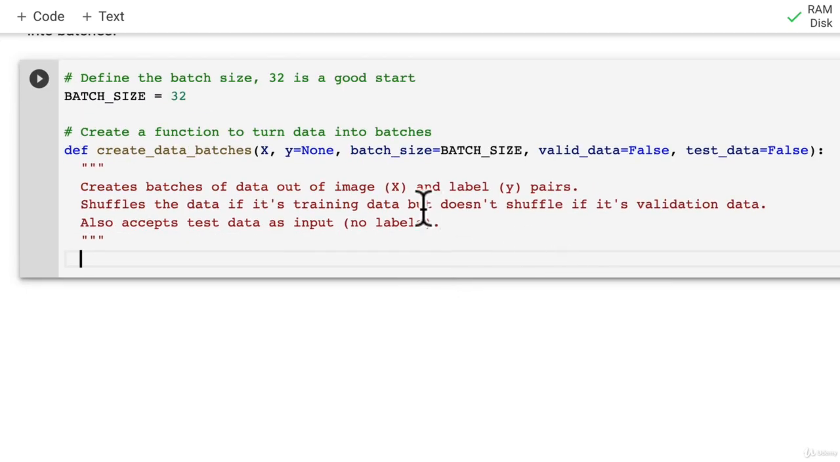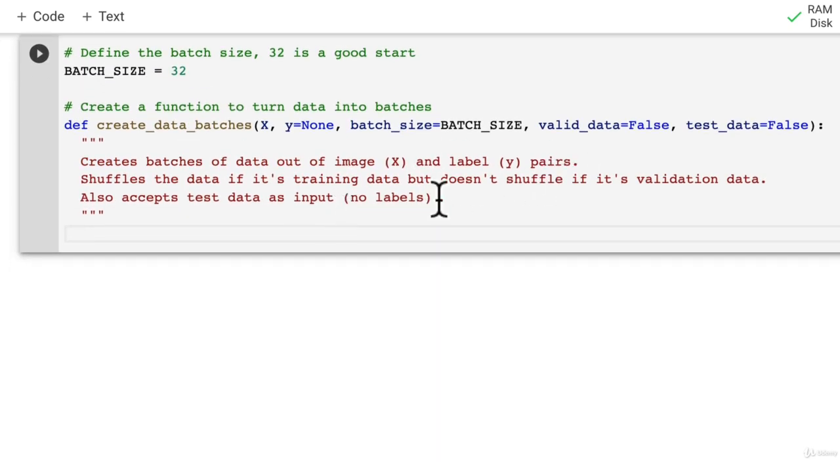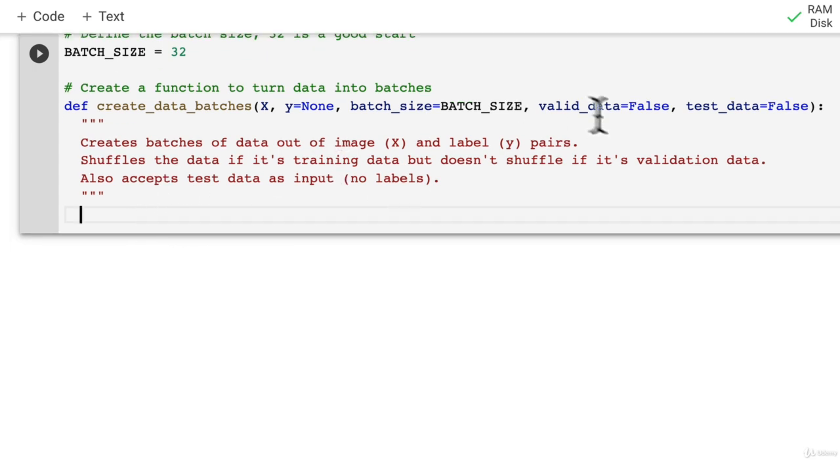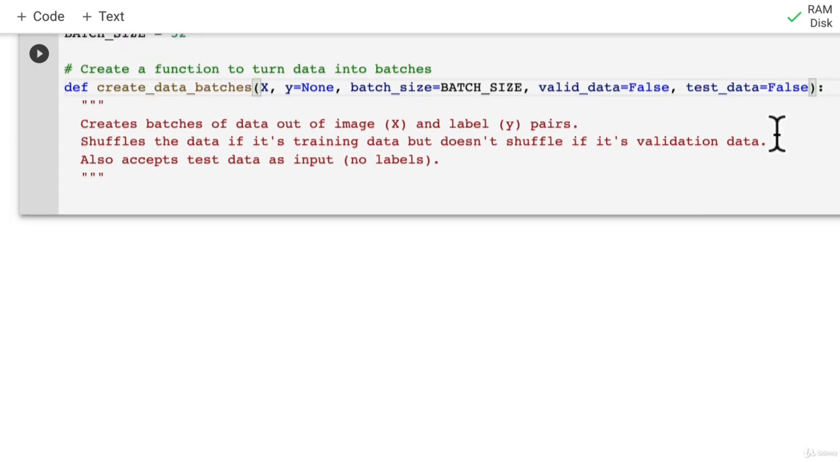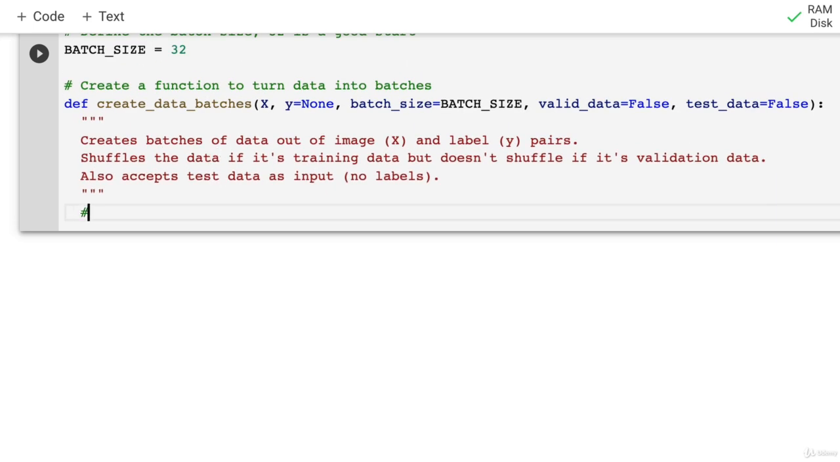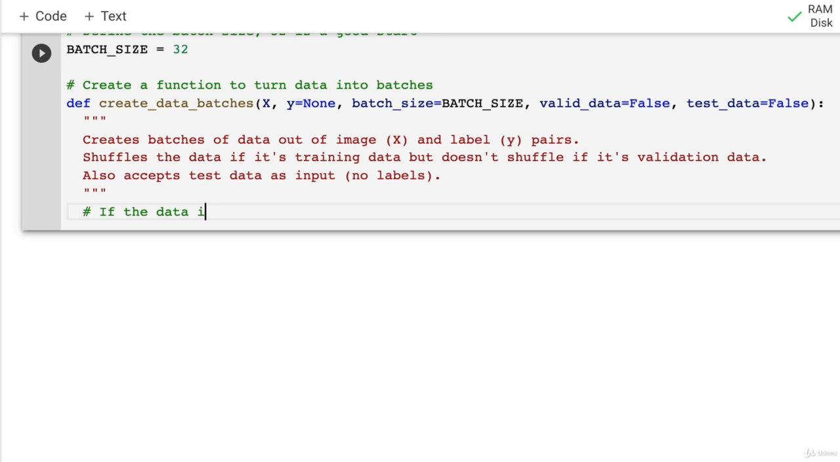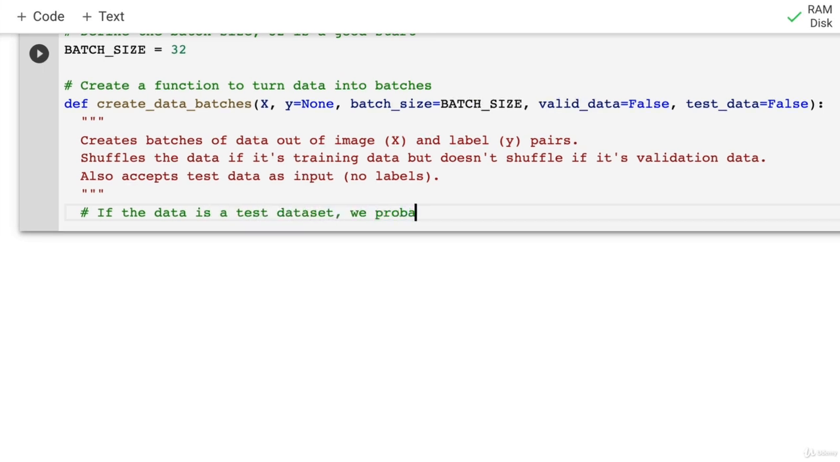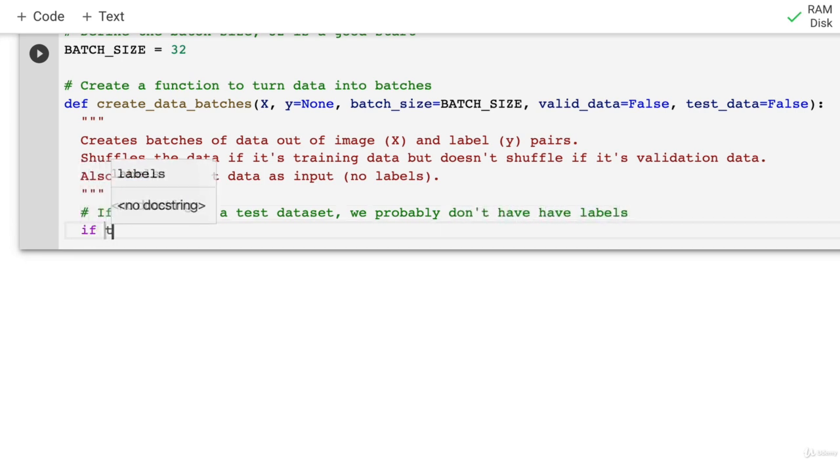Now, what we want to do is build a function that does kind of the same thing, but has some if clauses or elif clauses for valid data or test data. So we know what we want to do, and we've got some conditions here for if it's valid or test data. Let's start off with the test data because I think that's the least amount of things. If the data is a test data set, we know we don't have labels. So we'll go if test_data,